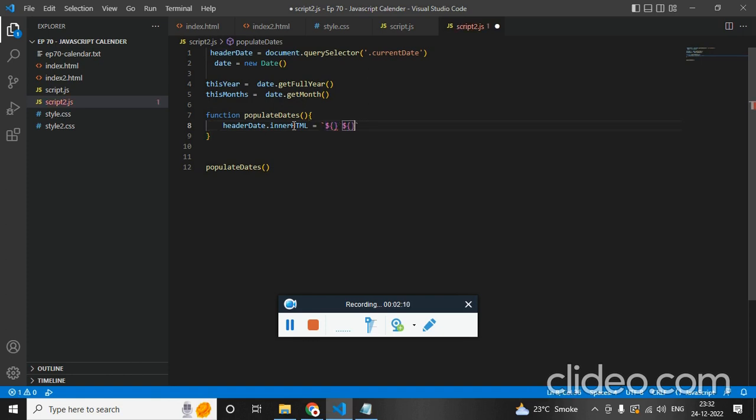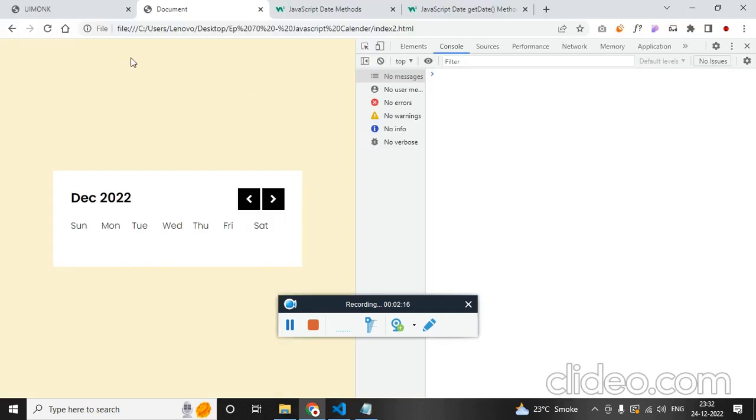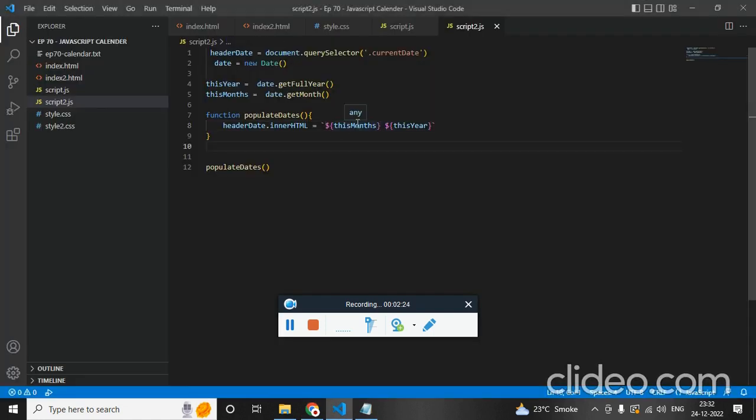This is called template title. We need to pass this year and this month. Let me refresh this. So this is 11, which is actually showing November. It is because the month starts from 0 and ends on 11. Since we have 12 months, our months start from 1, but JavaScript counts as an array starting from 0 and ends on 11. So what we need to do is